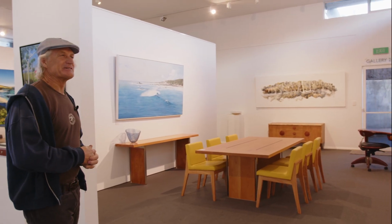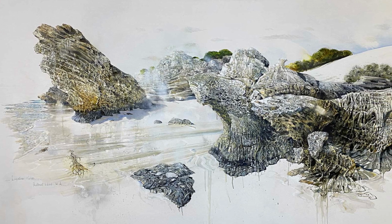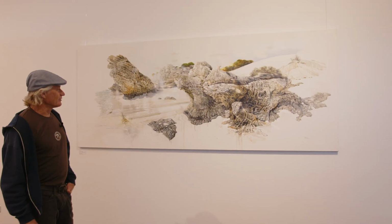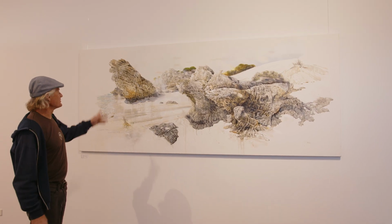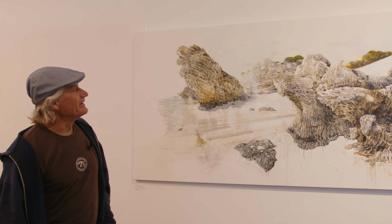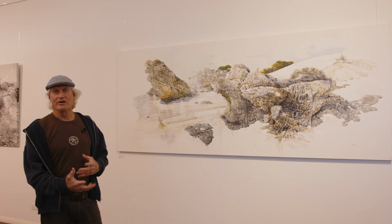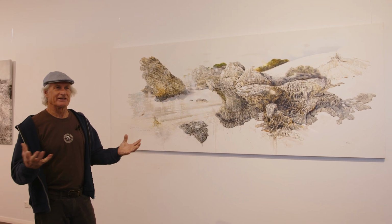Larry Mitchell's been studying our limestone coast, documenting some of the rock formations up and down the coast. This one's from Rottnest Island. His work's incredible. We've done some really nice projects with Larry. And that collaborative process of working with artists is another thing that this gallery's given us,